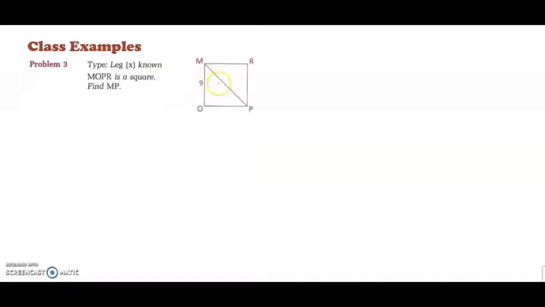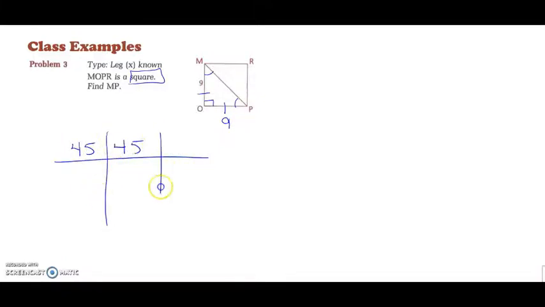For this example, we're given a square. Now we know that all sides of a square are congruent and that there's a right angle there. If these sides are congruent, that means these angles are congruent, and that's 90 as well. So here we are with our 45, 45, 90 in the ratio x, x, x root 2, and the side